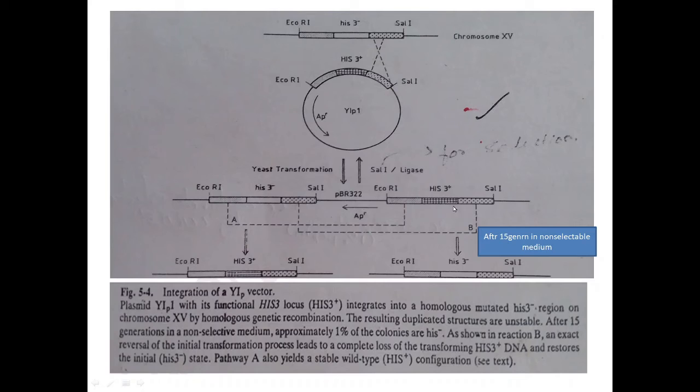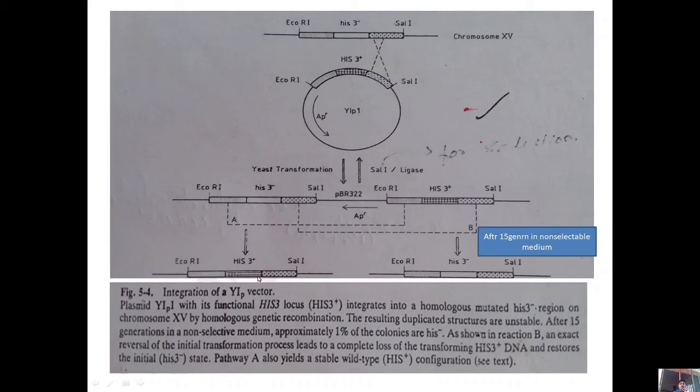These kinds of products, or yeast chromosomes, are quite unstable, because during generations homologous recombination can occur between these homologous regions, and as a result varied products can occur in the progeny, or varied genetic constitution can occur in the yeast progeny. So we can consider the first recombination that is occurring at the EcoRI region.